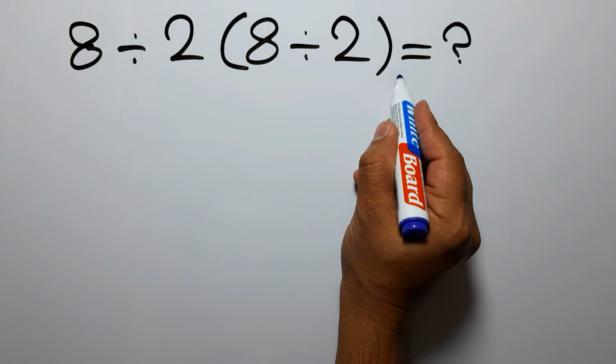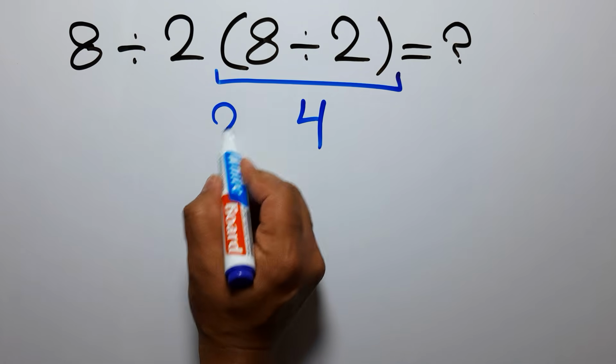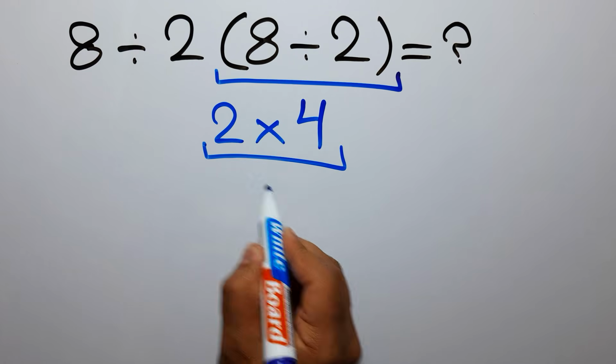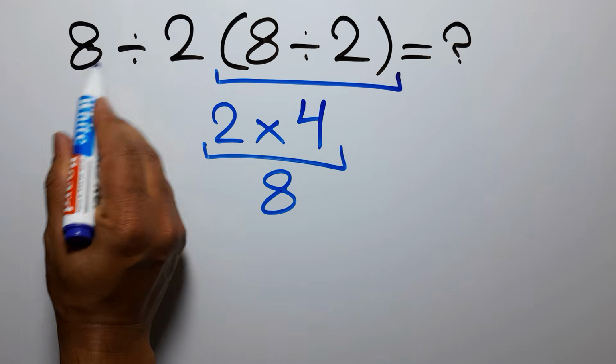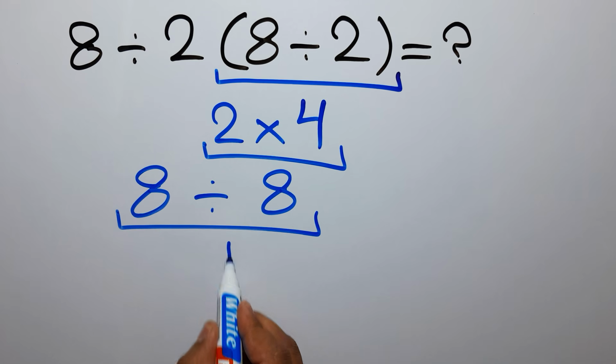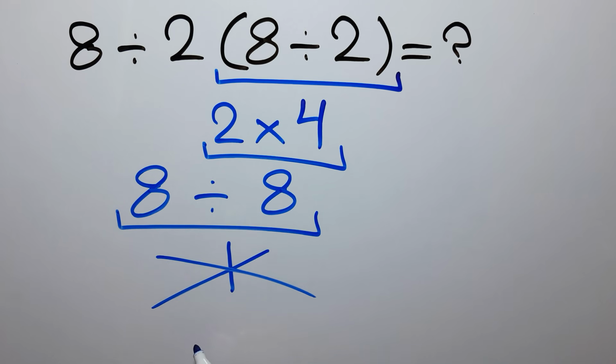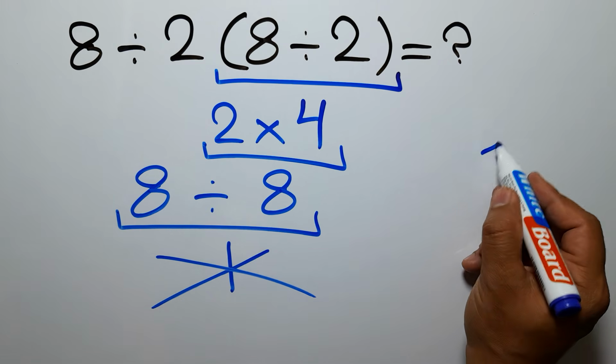8 divided by 2 gives us 4. And 2 times 4 equals 8. So 8 divided by 8 is just 1. But this answer is not correct, because according to the order of operations, which is PEMDAS,